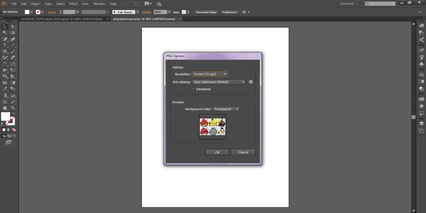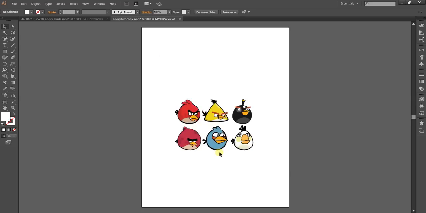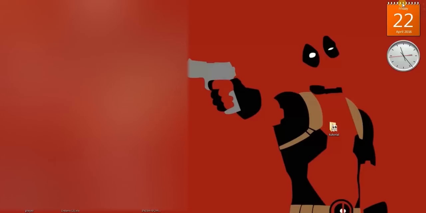As you can see in this preview, there is no background. The white background has been removed everywhere. It's transparent actually, and here you can see it's transparent. So I'm okay with that, I'll just click OK. We'll minimize this. It's been saved. I didn't get the notification. Okay, let it be. It will be saved. Let us check.